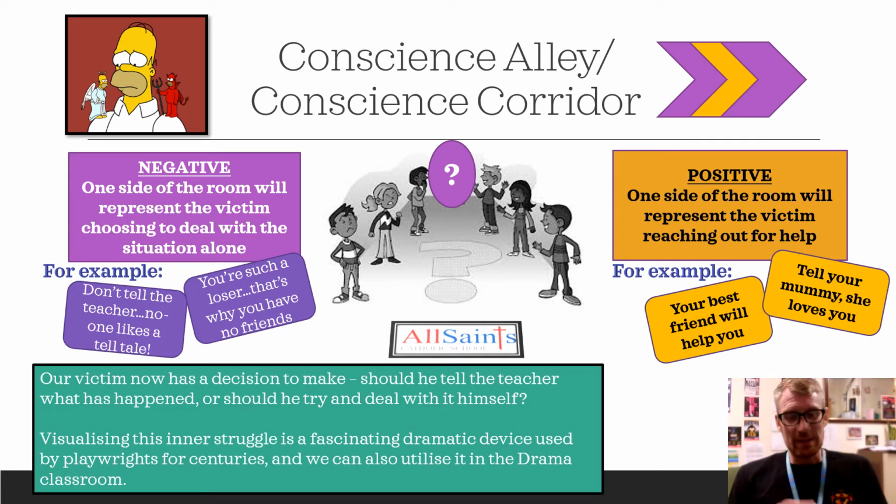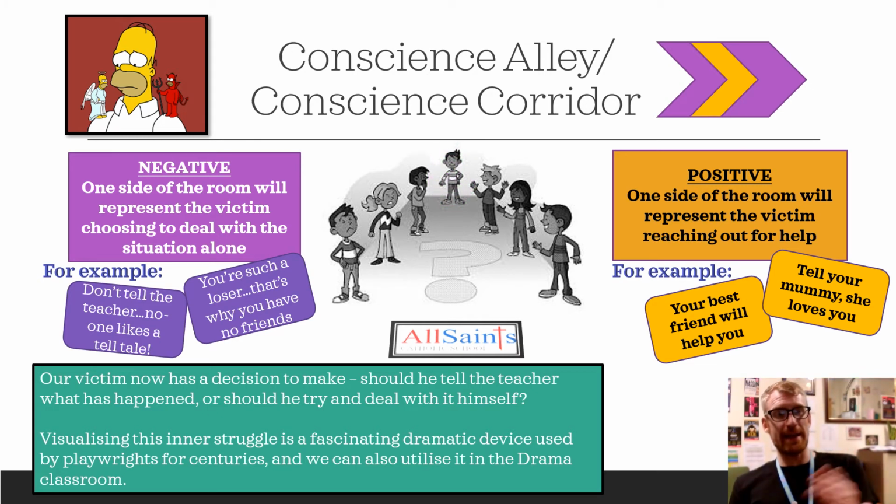Okay. Final thing then, so you've got half the class negative, half the class positive, and then you've got one student at the question mark, and that student is playing our central character. And what that student then does, walking really slowly, is they walk down through the middle of the corridor, the conscience corridor. And as they're walking past people, and as a teacher I usually try and conduct this slightly,